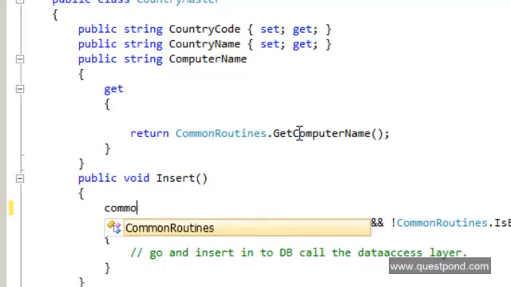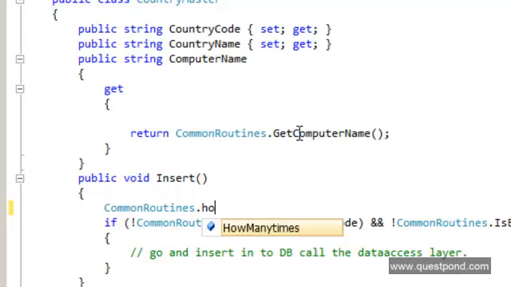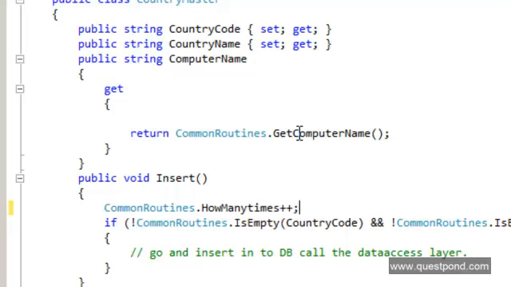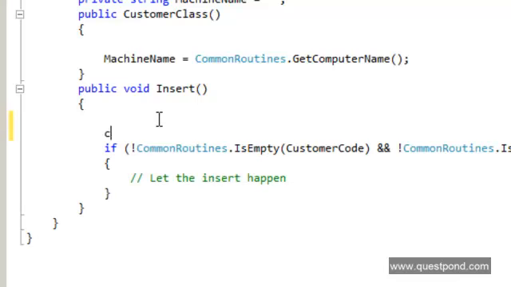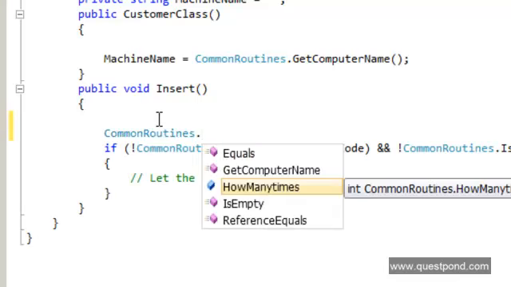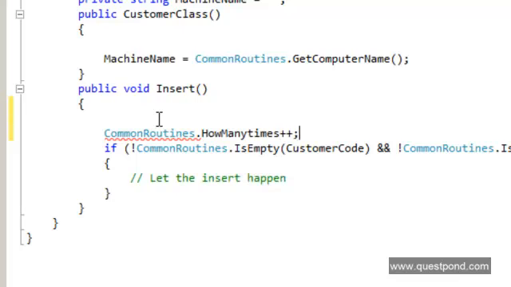Okay, so let me just say here common routines dot how many times plus plus, and in the same way let me go here and say common routines dot how many times dot plus plus. So every time you invoke a function over this common routine, I'm going to go and increment this variable. Right,